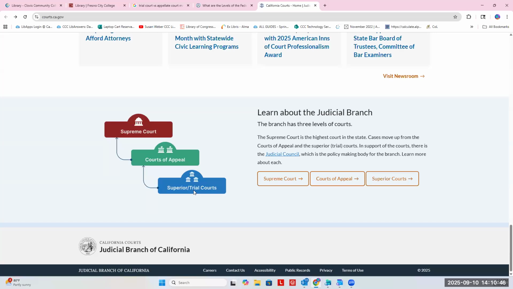But whatever that trial court decides, or that district court in the federal system decides, it's only as applied to the parties of that case. They're not making any law by that decision, and it's really just a decision to those parties, okay? And so for that reason, the orders or decisions of trial courts or district courts don't really have any kind of legal precedent that they're setting. They're not making any law. They're just resolving the dispute between those two parties.